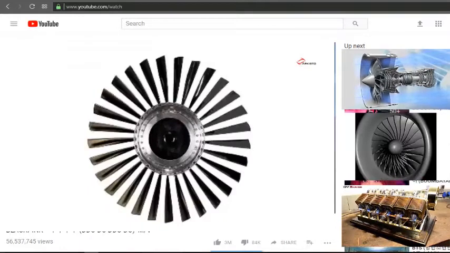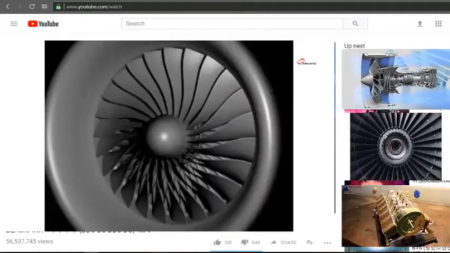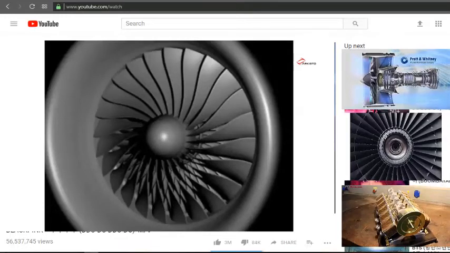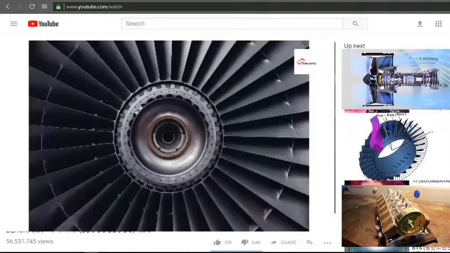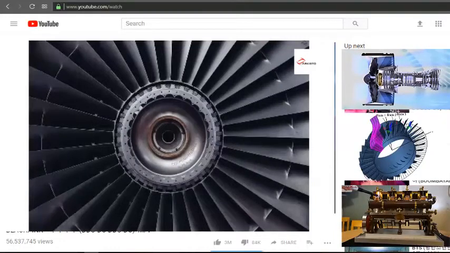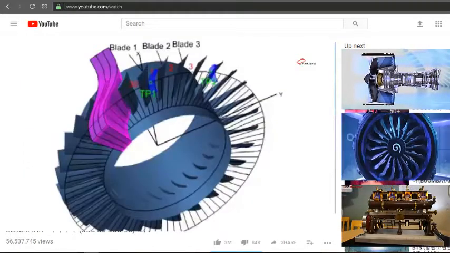Fan. The fan is the first component in a turbofan. The large spinning fan sucks in large quantities of air. Most blades of the fan are made of titanium. It then speeds this air up and splits it into two parts. One part continues through the core, or center of the engine, where it is acted upon by the other engine